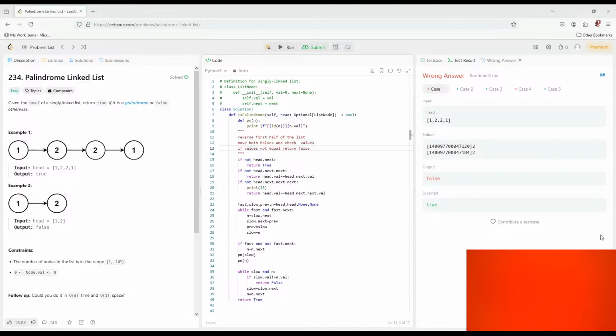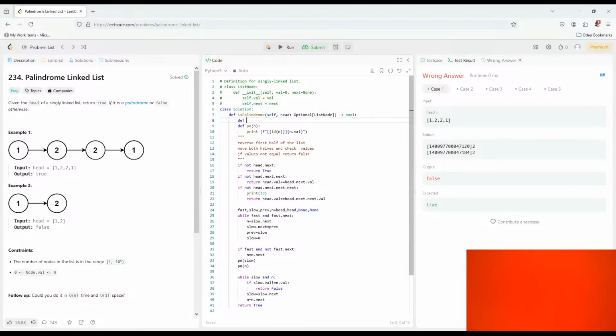All right, so let's get back. Sorry about that little break. Let's get back to our tasks. So yeah, I think let's build a printing function to print the list,